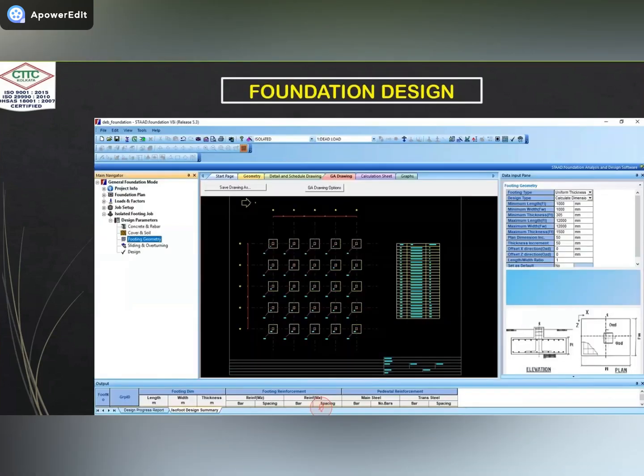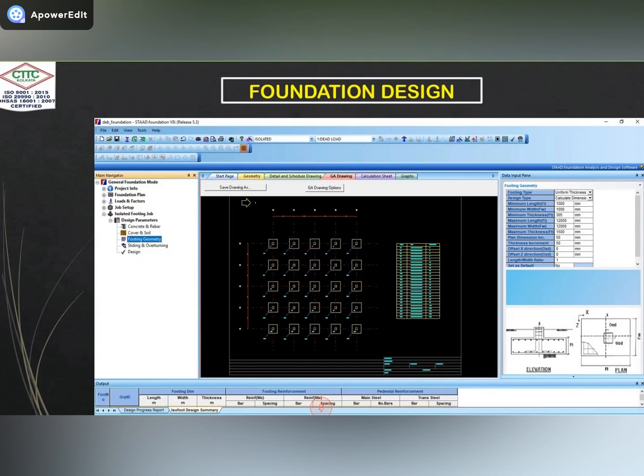Foundation, you can see here, this is called the Stat Foundation. It's a different application. In StatPro we are using all the detailing part for the superstructure, and for the substructure we are using the Stat Foundation software. You can use it for the foundation design. You put in all the load data and you can get all the design results as per your requirement of the foundation. Type of foundation is also there.